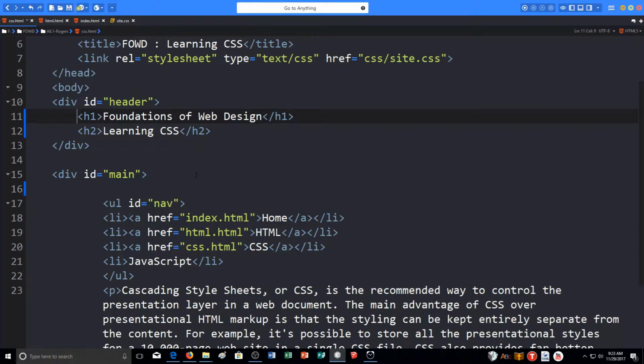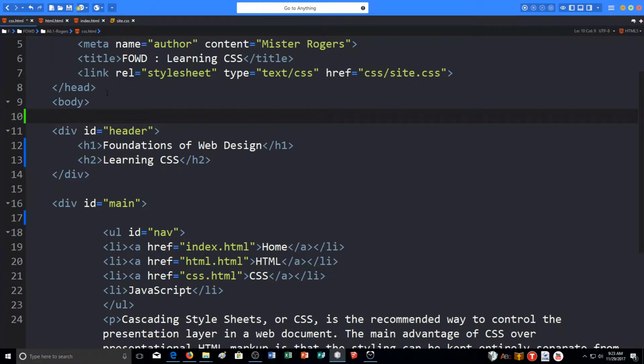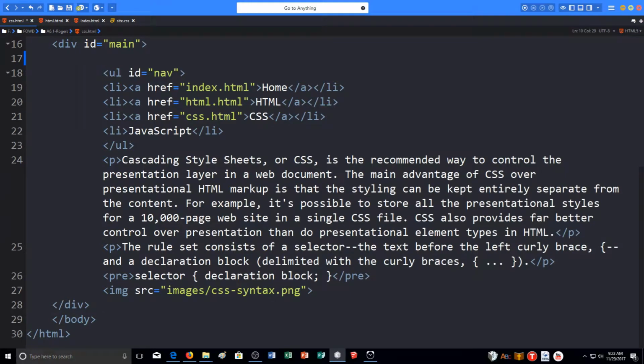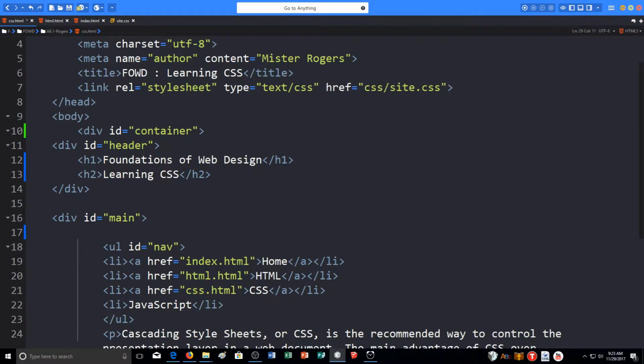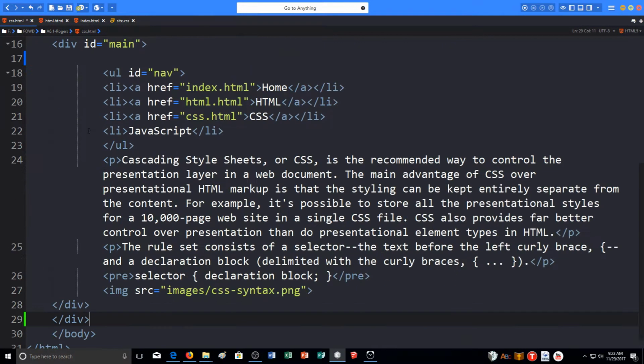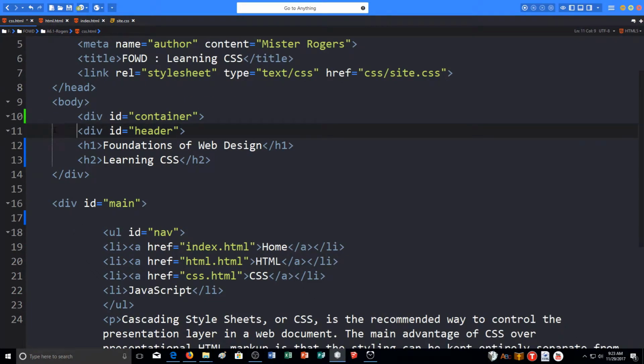But before the header, and I can see my closing tag here, I also need to add div ID = container, because we're going to be editing the CSS and changing it. And I could take my closing tag, I'm going to cut it, so actually I'll put it back there so you can see it. I'm going to cut it and then move it all the way down here to just before my body closing tag is. And you can see it stretches from div ID container to down here. Div header is right here. I'm going to indent it so we can see